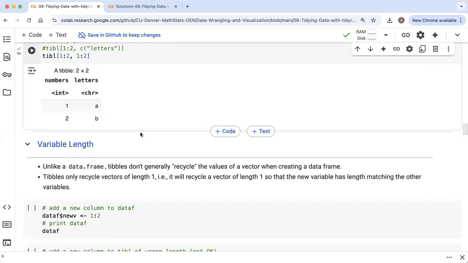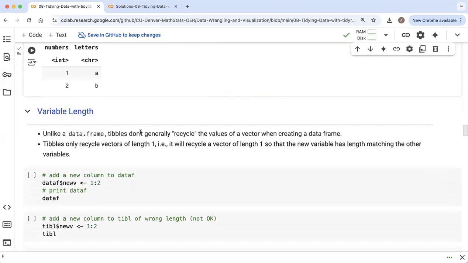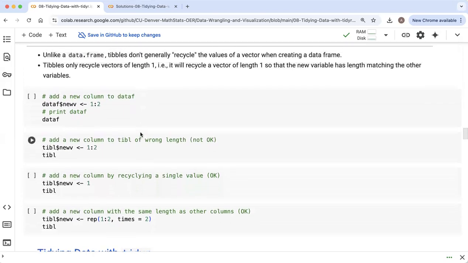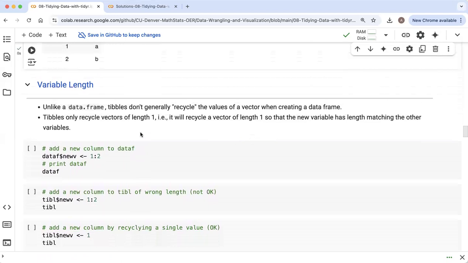One last thing I want to mention about data frames and tibbles in terms of distinctions between them is if I want to add an additional variable onto the end of a data frame. So I've got this data frame, dataF, and remember it had one column that was numbers, 1, 2, 3, 4, another column that was letters, A, B, C, D. So let's say I want to add a new column to the end of that data frame, which is just